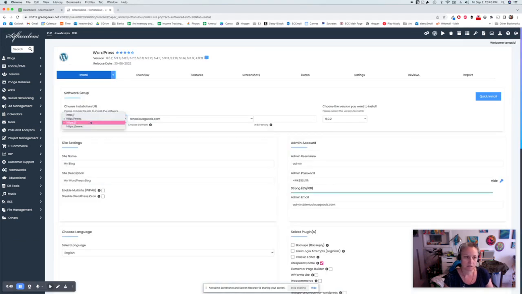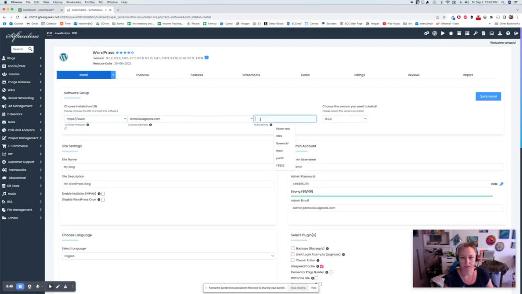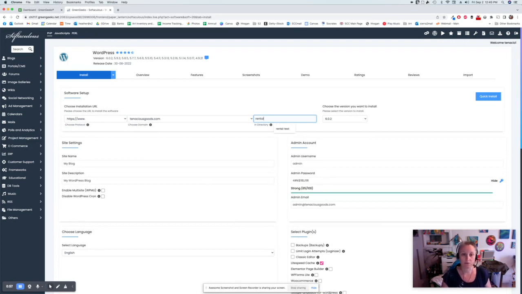And you can see here you can choose your protocol. And this is the important part, the in directory. You need to put your first WordPress install in a folder on your website, not at the root. If the root means I don't put anything here and it installs, then when people go to tenaciousgoods.com, it brings that site up right away. There's already a site there, so I don't want to do that because it will override it. So I'm going to put it in a folder